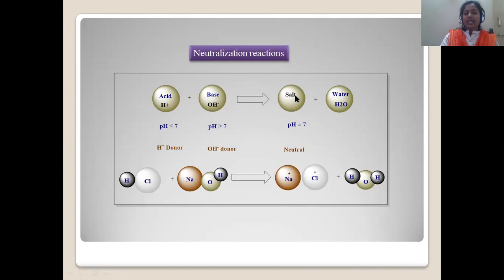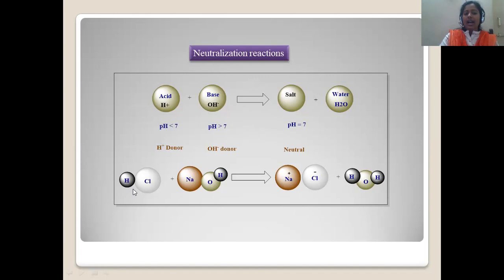And salt is the substance formed by the combination of acid and base whose pH is neutral, meaning neither acidic nor basic, if we are mixing strong acid with strong base. So salt formation is possible, and the other substance commonly observed will be water. Let us see a typical example that comes under this acid-base neutralization reaction.